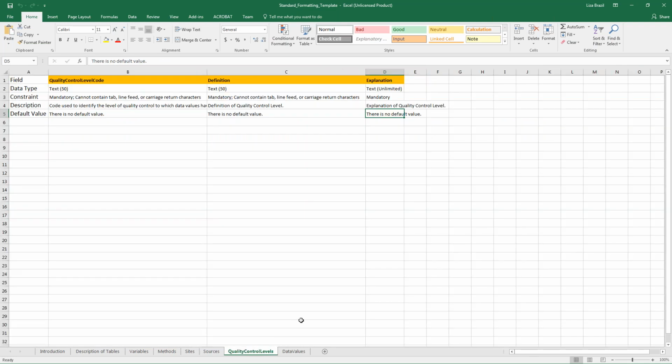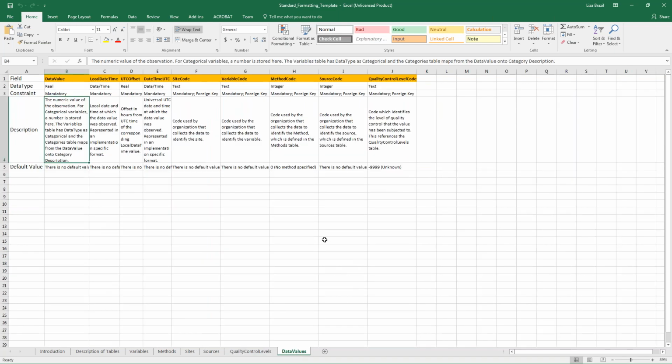And then what level of quality control your data is. We don't actually curate the data, but we ask that you provide an explanation for how quality controlled your data is, so that if a user finds it, they can really understand what kind of data they're working with. And then the data values table just brings it all together.